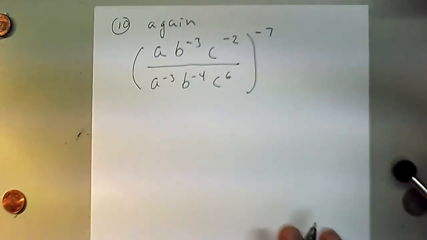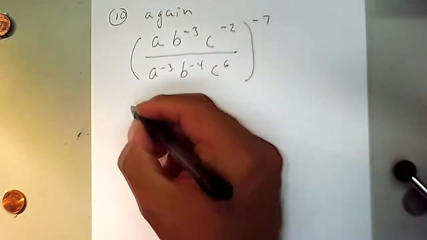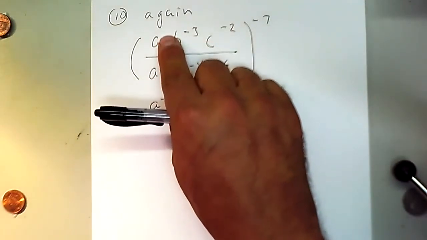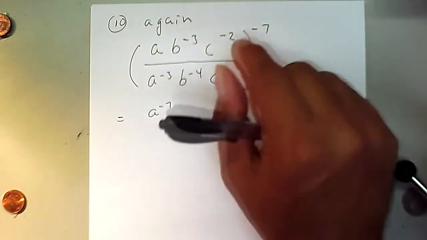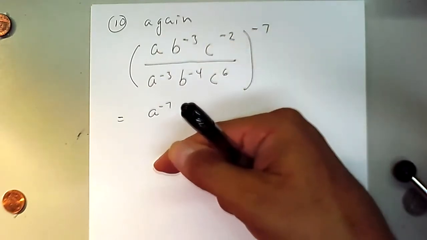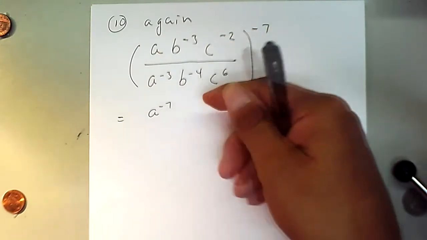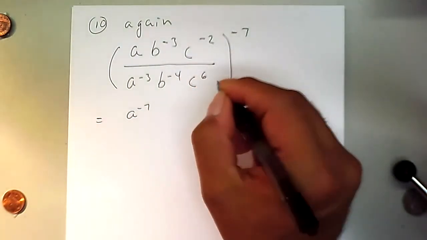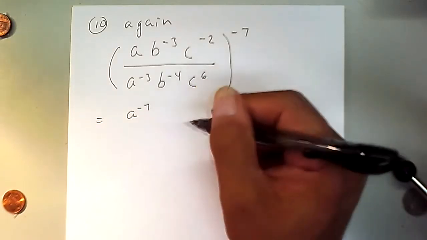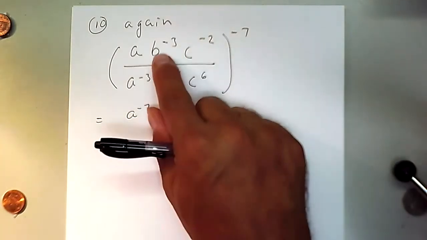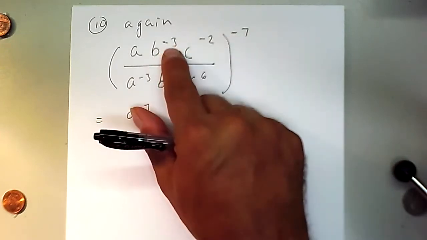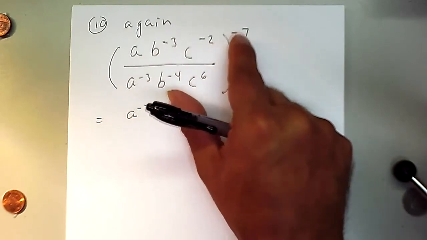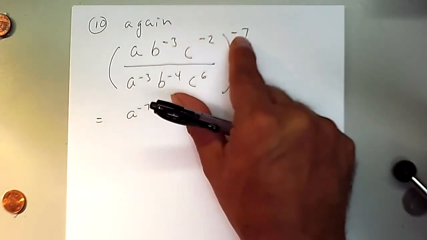This time, we're going to distribute the negative 7 first on top of all of the exponents. So we will have a to the negative 7. There's a hidden 1 here, multiplied by negative 7. And by the way, I'm assuming you already reviewed a little bit the properties of exponents. I don't want to write down all of those properties on this video because if you open just about any algebra book, they will have properties of exponents. Multiply those exponents, because that's what the properties say when we have a product and an exponent outside of the product, then we can distribute the exponent.